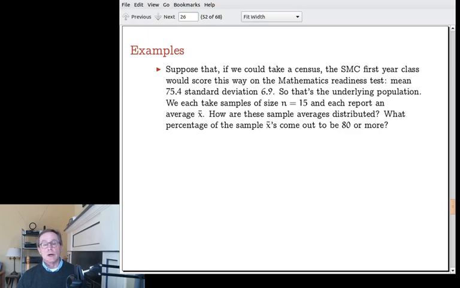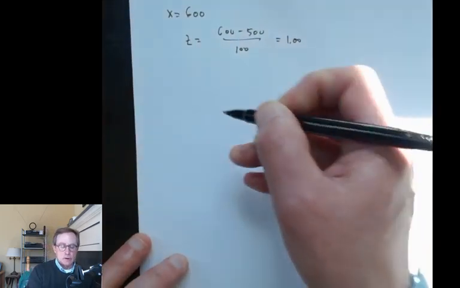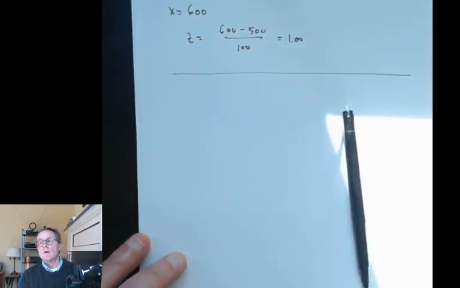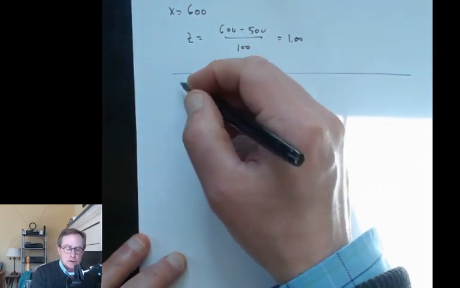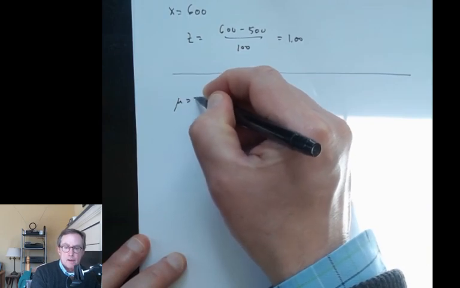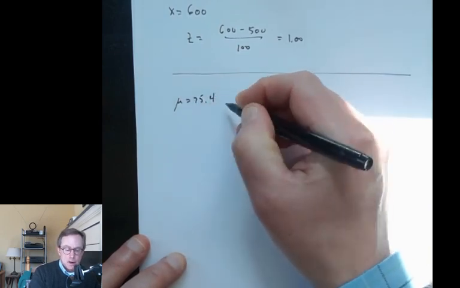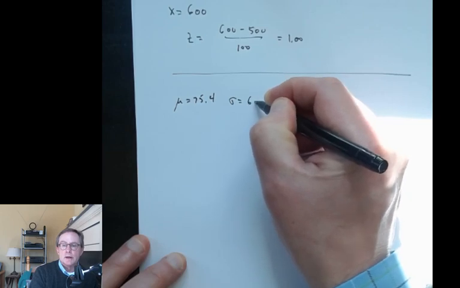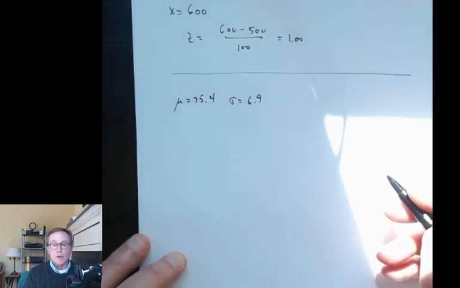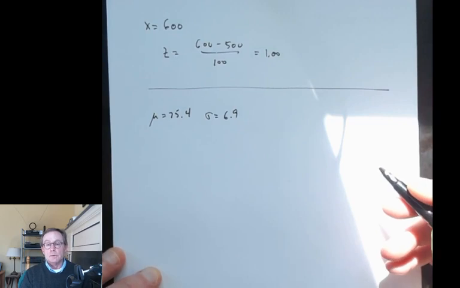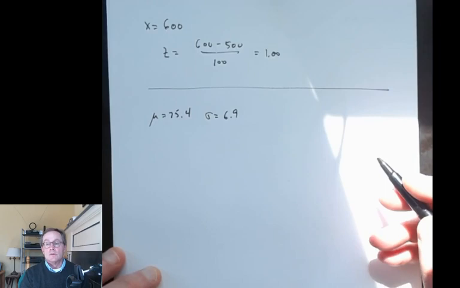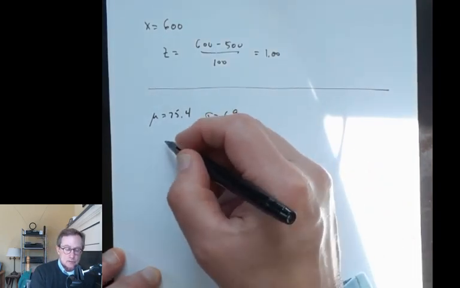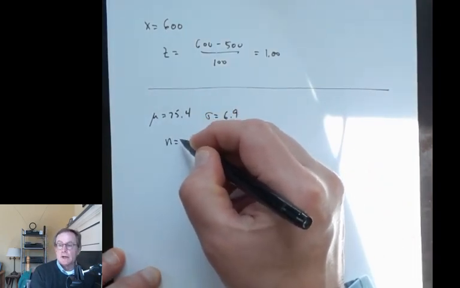So let me bring up the piece of paper again. And let's have a look. So the first year class has a mean of 75.4 and a standard deviation of 6.9. Now we don't know that, because we wouldn't be doing a statistical study if we knew that, but nonetheless that's the actual fact. So the question is, what's the sampling distribution? Take samples of size 15,